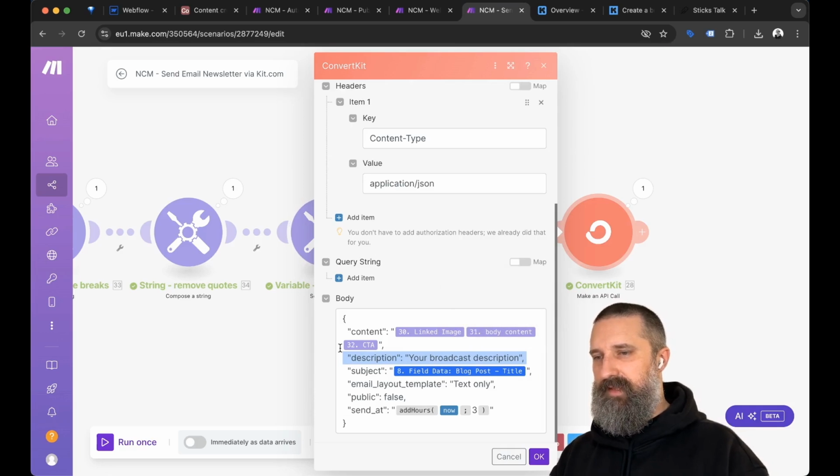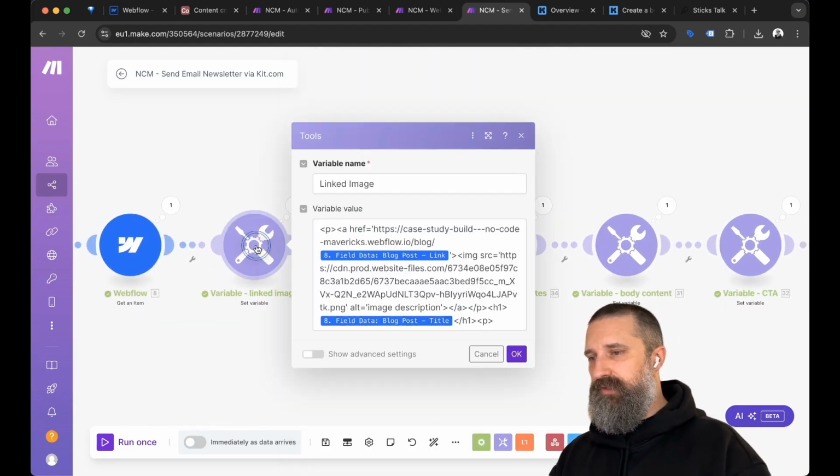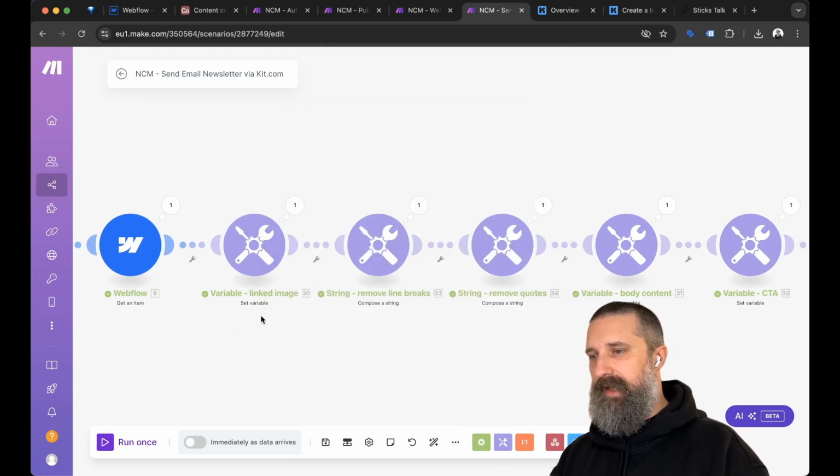So let's look to see what we've done with the data to put it into a format that allows us to push it into ConvertKit then. So the first module that we have is a module that allows us to set a variable. And a variable just is a place that we're going to store some information only for the lifetime of this one run through the automation. And after we've run through the automation once, then that variable is cleared. So we're storing data just for a little while. It's like having it in one hand, and we're going to pass it into the other hand and use it,